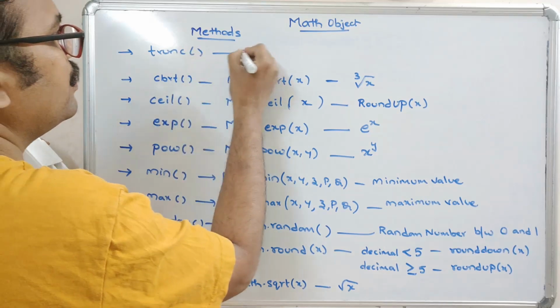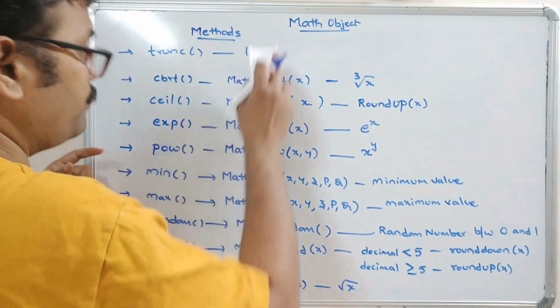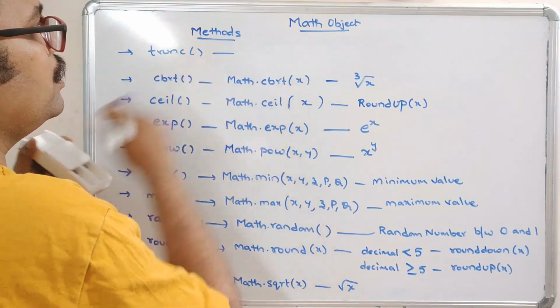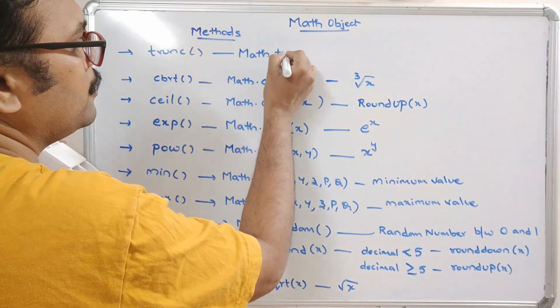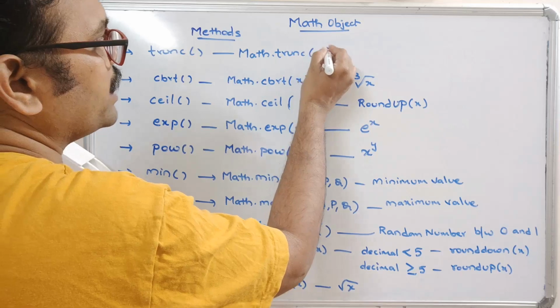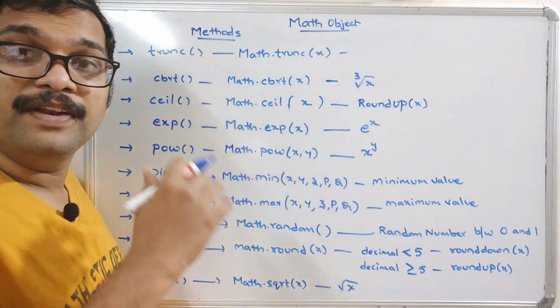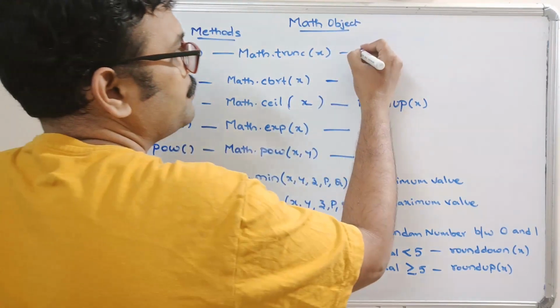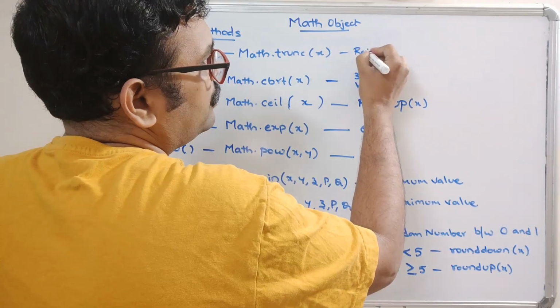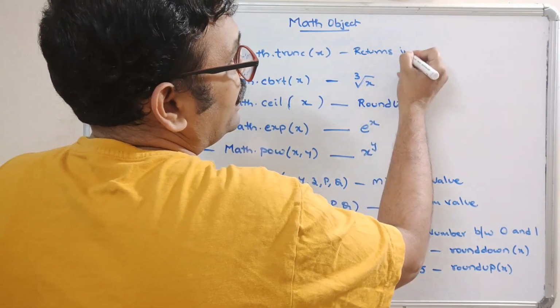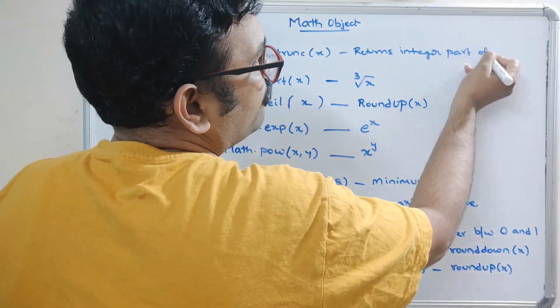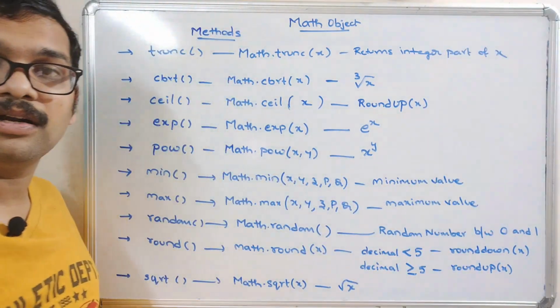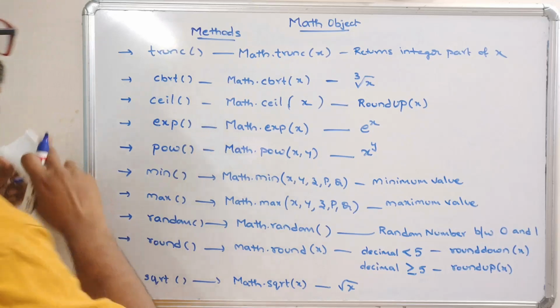After that, truncate. For this again we need to call with the help of Math.trunc of x. Automatically it will return only the integer part. It returns the integer part of x. And then